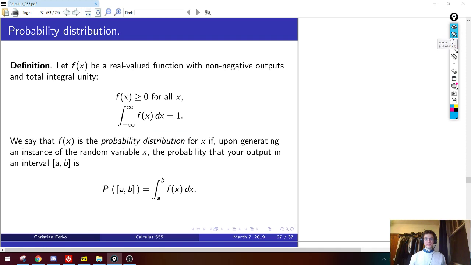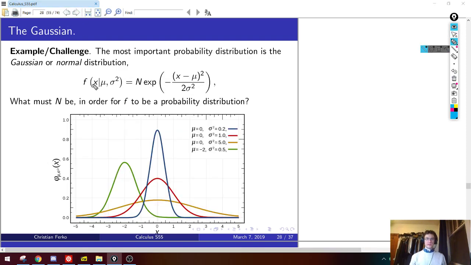Total integral. Yes. So that gives us an equation, because if we integrate this function from -infinity to infinity, it's going to give us some answer that depends on n. So why don't we just do that and set it equal to 1, right? Yes. Okay, all right, so let's do that integral. So integral from -infinity to infinity, n e to the minus the quantity x minus mu quantity squared over sigma squared dx. What should I do?